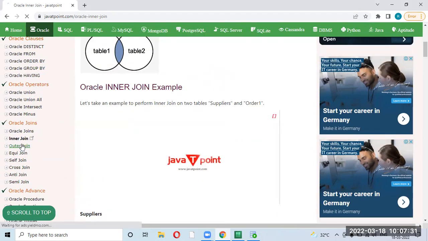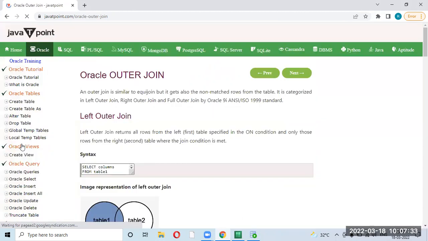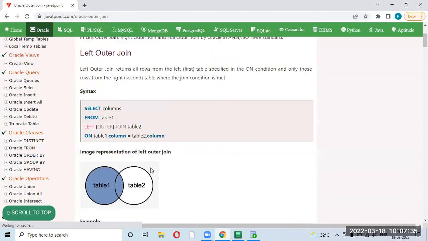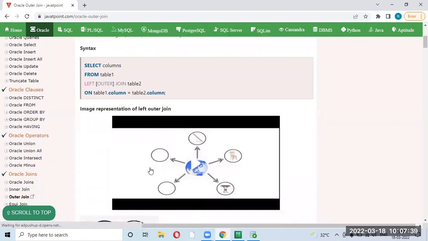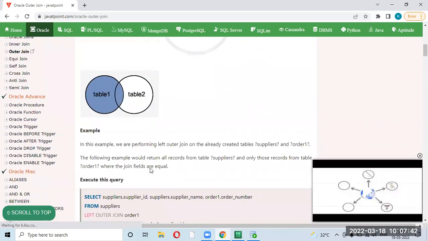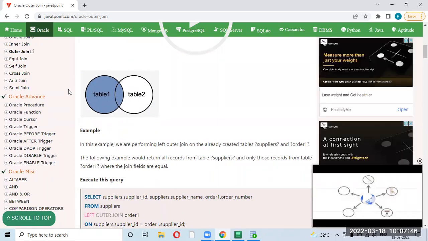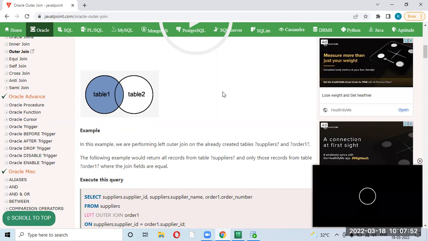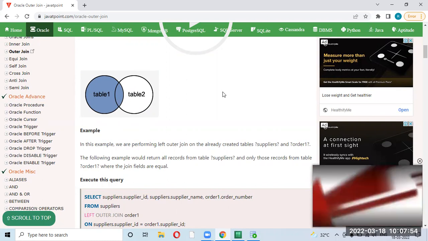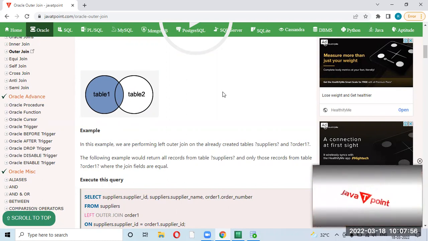Anyways, I'll explain you in detail one by one. I'll run the query and show you. But initially, I want you to understand the logic behind it. So here again, you see the Venn diagram first. With this, what are you able to understand, just tell me. I haven't even told you the definition of what this is. Like this is left outer join. That's what I'll be telling you.